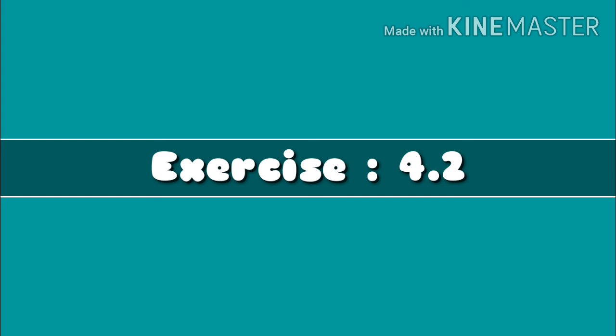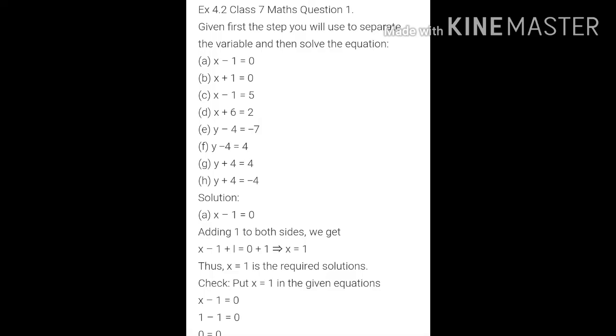So let's begin exercise 4.2, question number 1. These questions are based on the systematic method of solving the equations. Here eight parts are given. I am going to discuss a few parts here. A part, x minus 1 is equal to 0. Adding 1 to both sides, we get